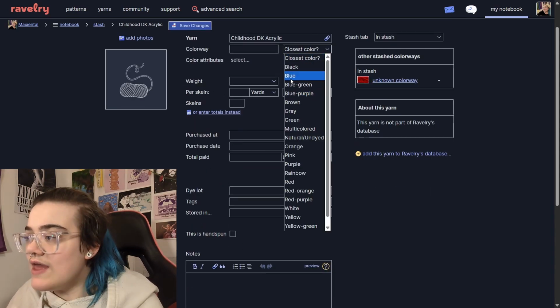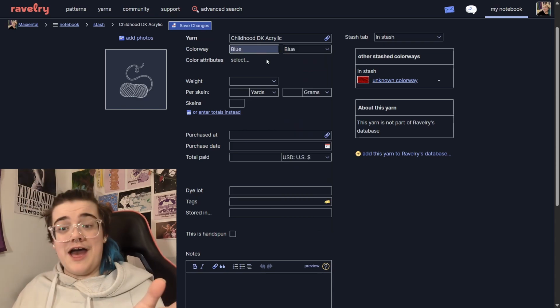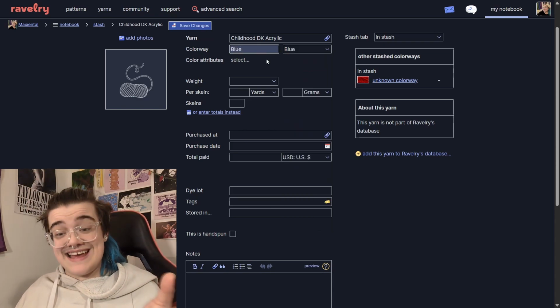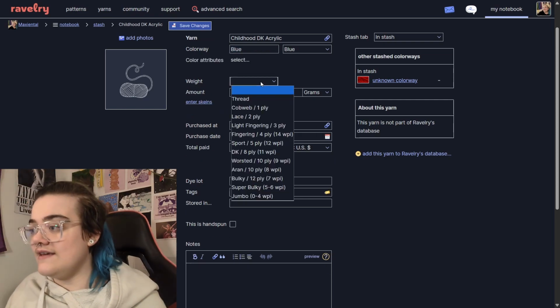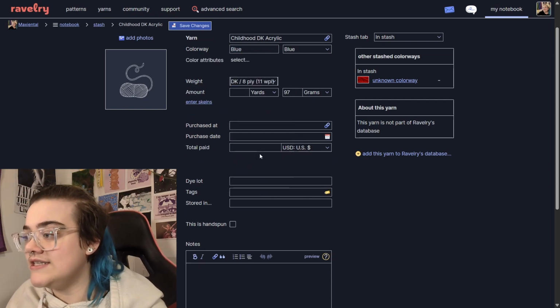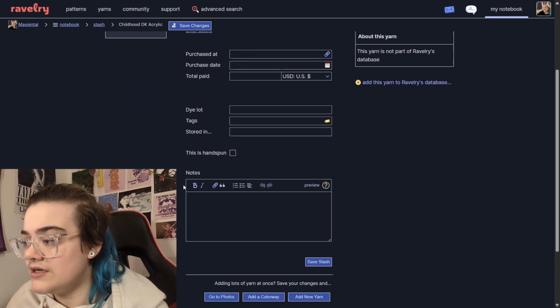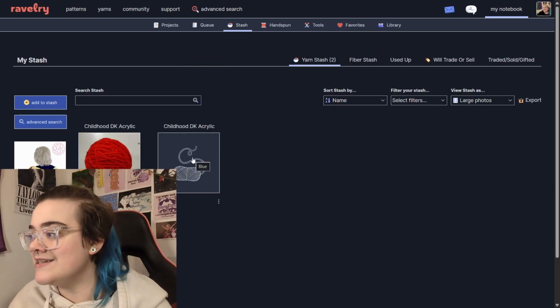Now we'll do the blue. I have 97 grams exactly of this. And this is, again, a DK weight yarn. Okay, he added it. Now it's time to go through, like, my entire stash, which is honestly